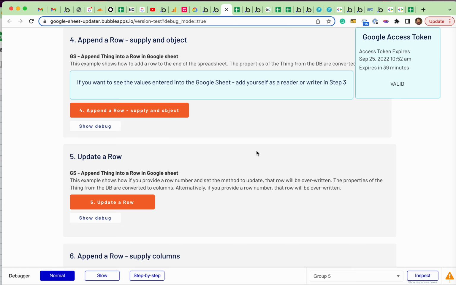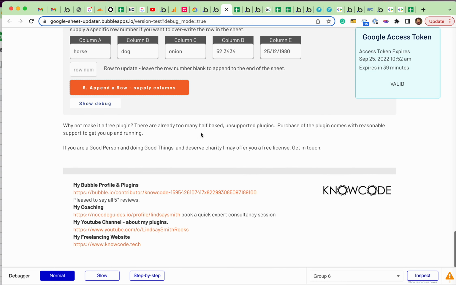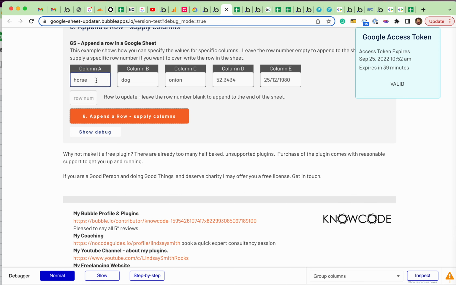It lets you have actions in your workflow where you can conveniently update or append rows into a spreadsheet. Here's a spreadsheet, and I'm appending in objects, and these objects just get automatically converted into rows like this. And I can also put in columns of things. So here, if I want to add another thing in here, and I just want to put in goldfish,